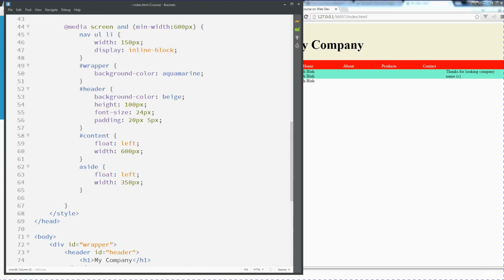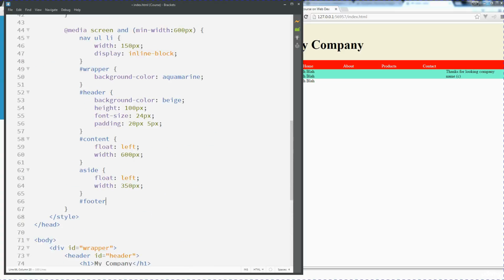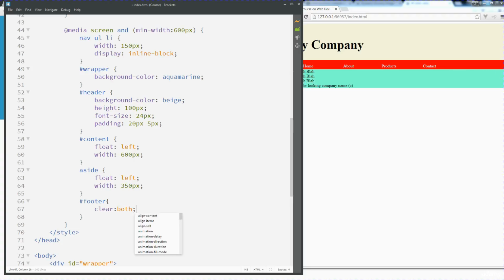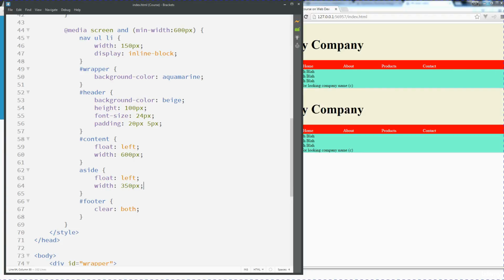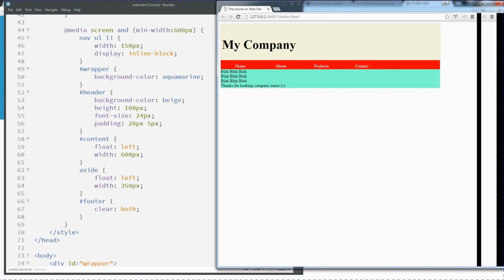So we've given it an ID of footer. And what we need to do to remove that float is a clear both styling. And we see now we've got it much better presented within our website. When I go back out here and refresh it,